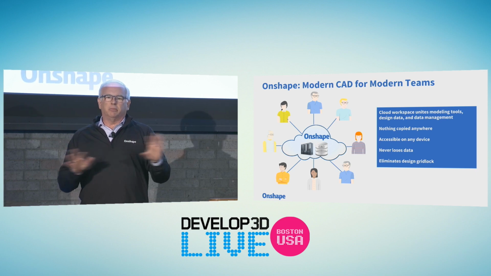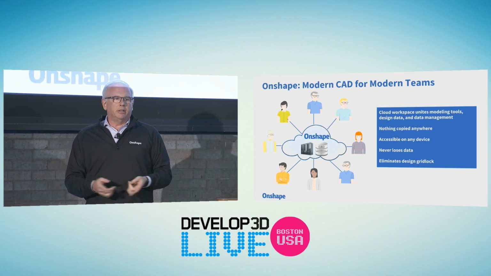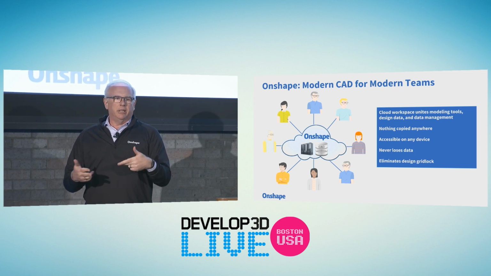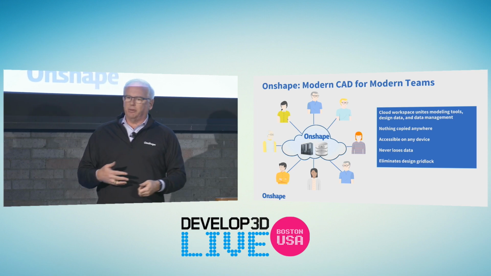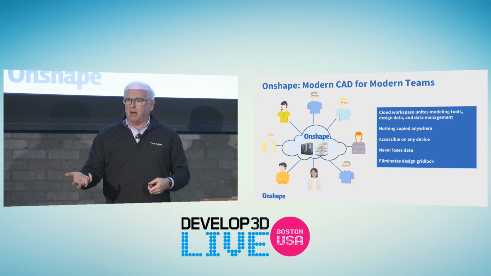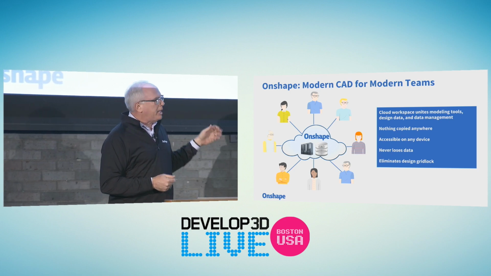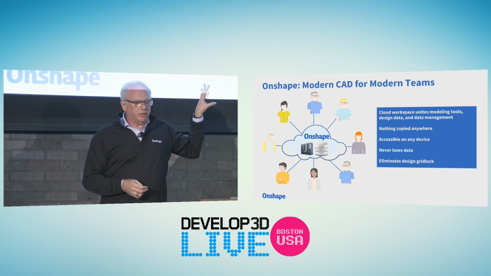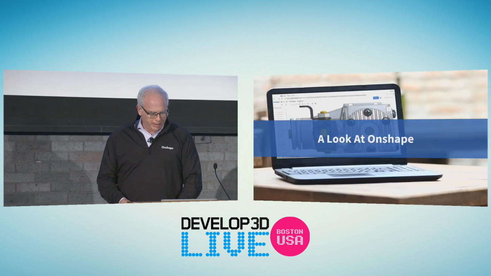And it's impossible for people to be on different versions of the software because we're all using the same master instance. There's no question about where to find the latest version of data because there's only one place to look. It's impossible for anyone to have their own private copy of data that they're working on separately from the master. When you think about it, this is how every other business system is architected, and this is the way we feel CAD should be architected, and that's exactly what we built.